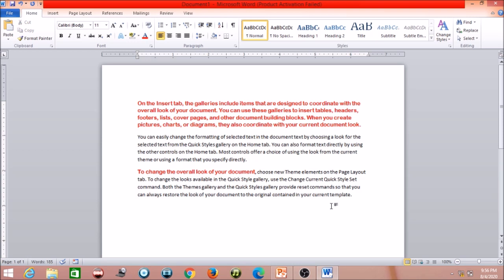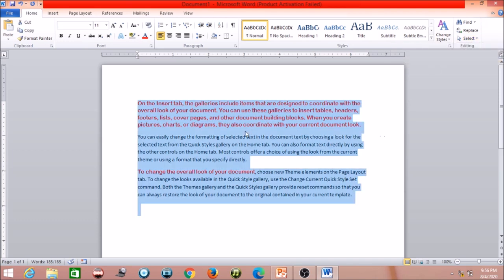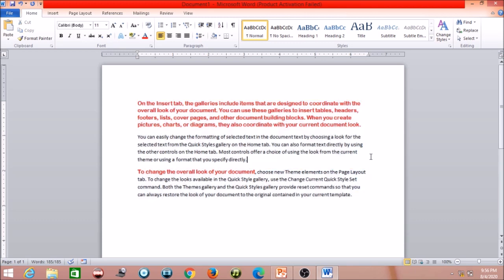So if I want to select the same formatting, then I have to go to Select and click on Select All Text with Similar Formatting. You will find that all of them have the same type of formatting. So it is selected. Okay, click outside. Then from here you can select with the mouse, Select, and then Selection Pane.